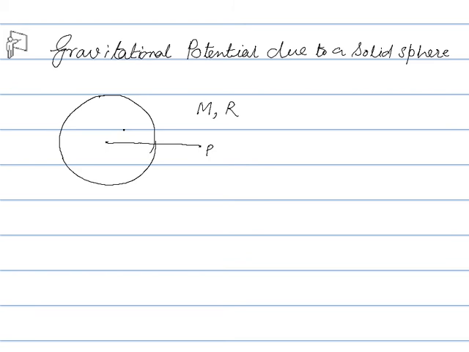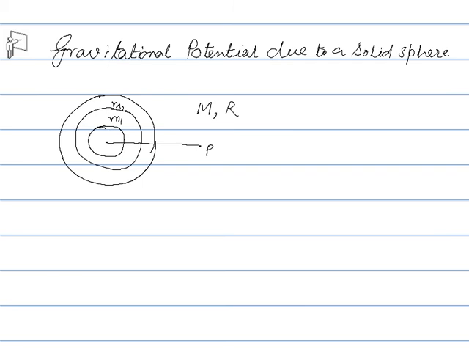So we can imagine the solid sphere to be made up of a large number of concentric shells. Say this is M1, M2, M3, like this. Now we can find for each shell the potential at this point P. Now suppose for mass M1, for mass M2,